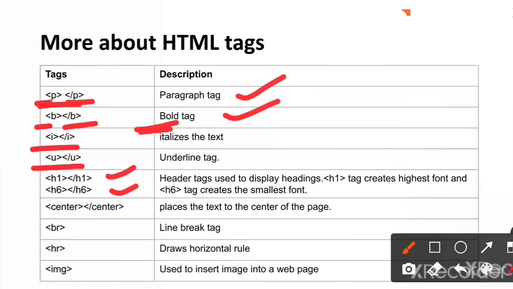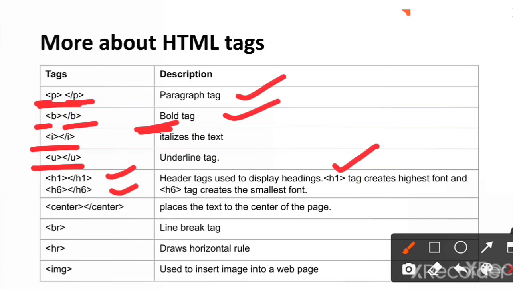So the header tag is used to display the headings. H1 tag creates the highest font and H6 tag creates the smallest font. If you want the heading to be displayed in a very small font, you can go with H6. If you want a very big font, you can use H1. Okay, so for intermediate fonts, you can use the intermediate header tags like H2, H3, H4, H5.